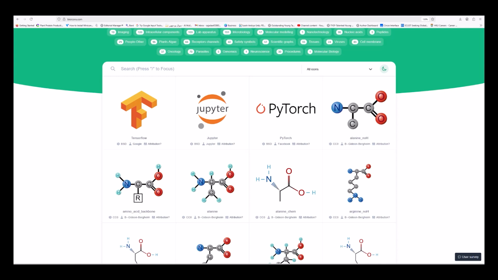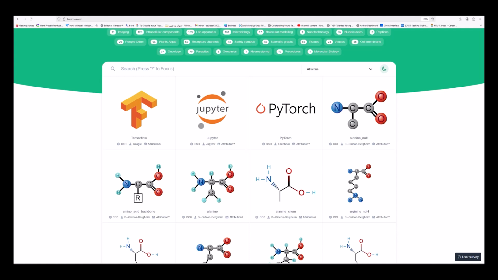I think it has almost more than 1,000 icons for molecular biology, genetics, and ecology, and some other fields like chemistry. So how to use BioIcons? Well, it is as simple as browsing through their library, downloading the icons as you need, and adding them to your design like we did in BioArt.